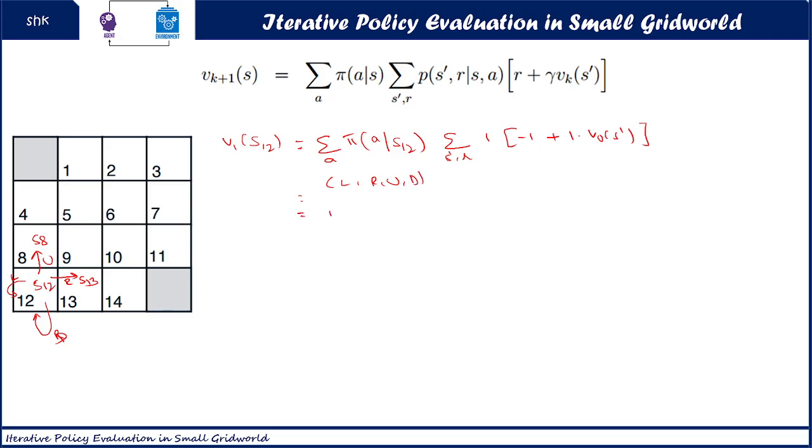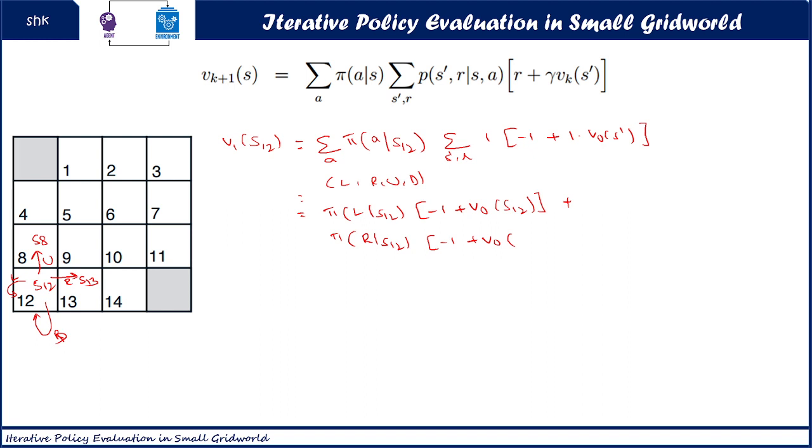So the expansion we can write as the probability of left action from S12 state into minus 1 plus V naught of the next state. When we take a left action, we are going to fall into the same state, that we write as S12, plus the probability of a right action from S12 state with a reward of minus 1 plus V naught of